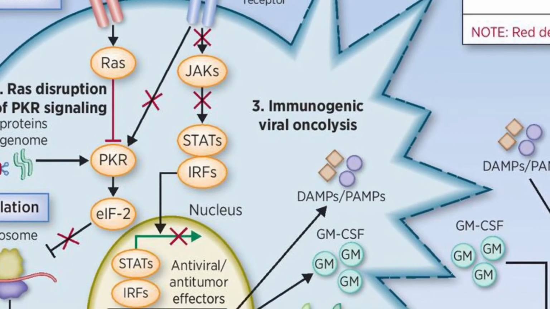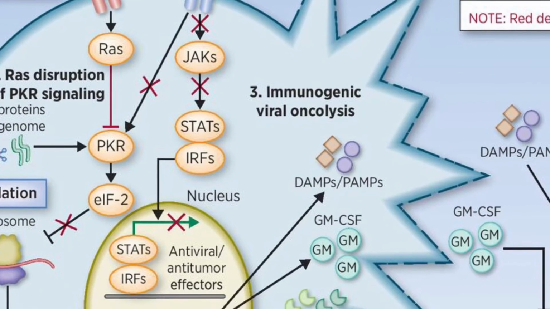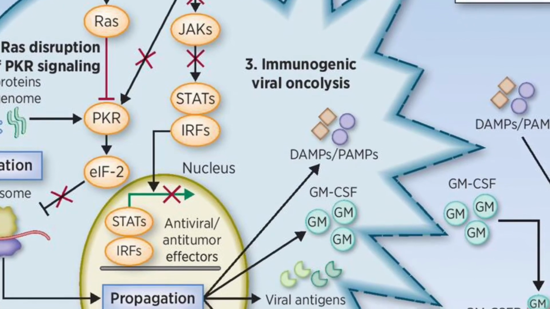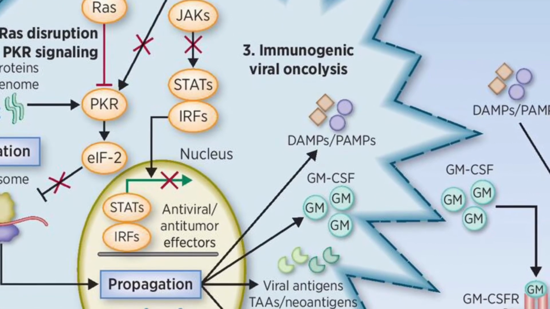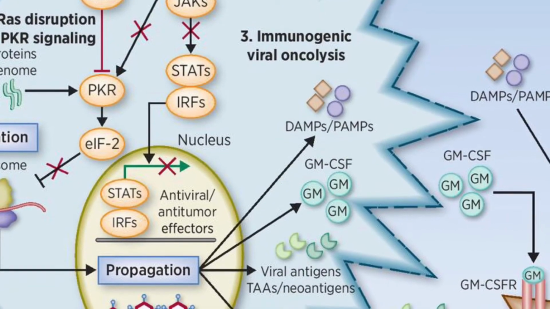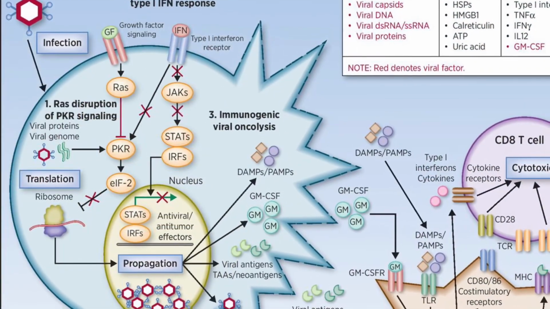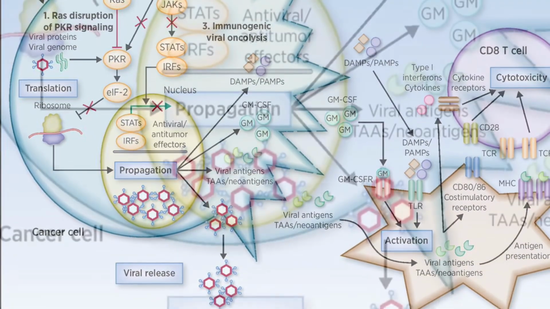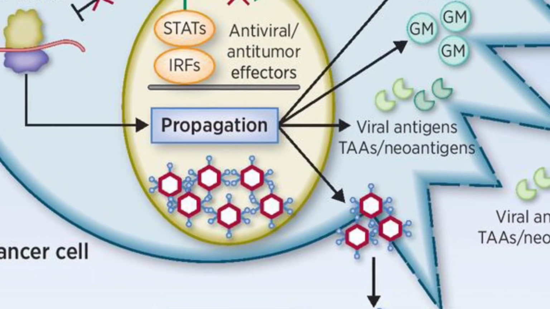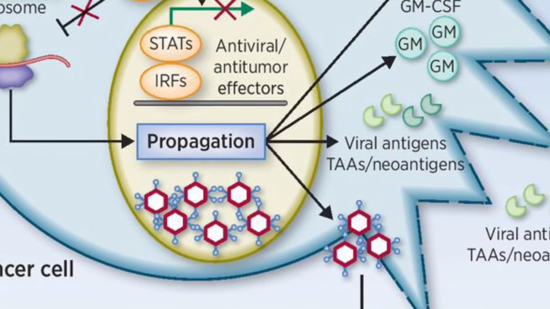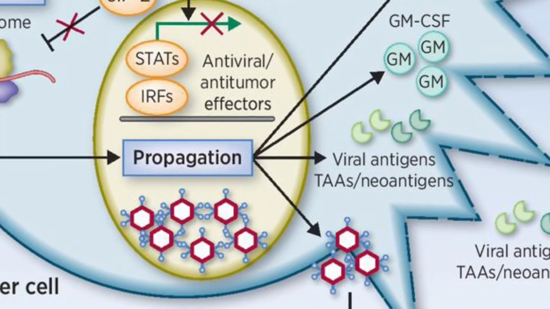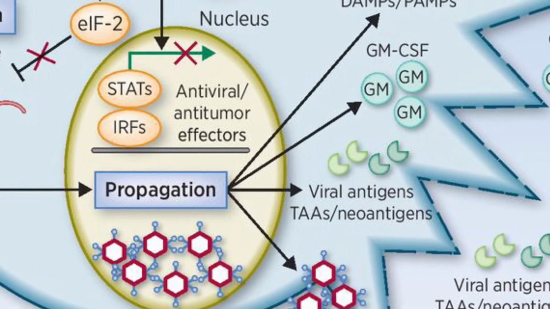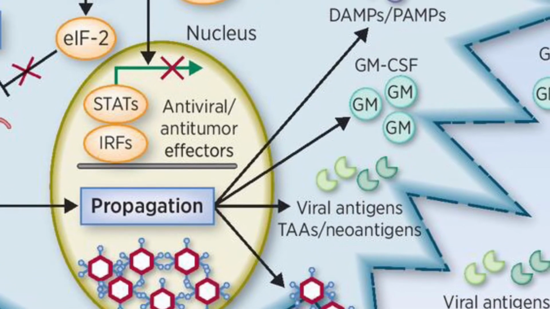T-Vec also replicates in cancer cells due to the disruption of the IFN signaling. Type 1 IFN signaling activates PKR to block protein translation and induces transcription of IFN-stimulated genes, such as several IFN-regulated factors that promote anti-tumor and antiviral responses. The disrupted IFN signaling can result in a loss of regulation in type 1 IFN receptors or blocking the JAK-STAT signaling. Following the viral replication in the nucleus, the virions complete their assembly in the cytoplasm and induce the